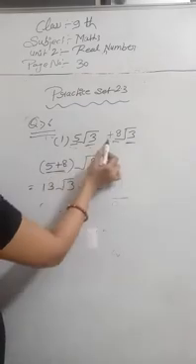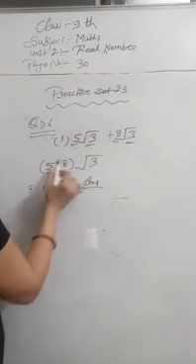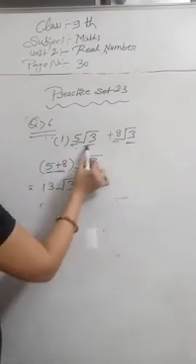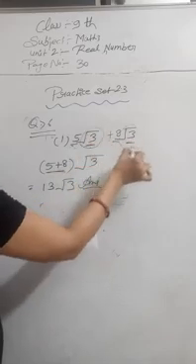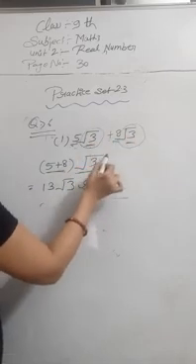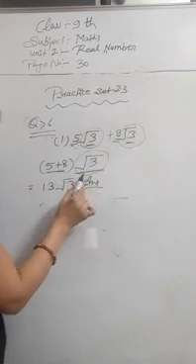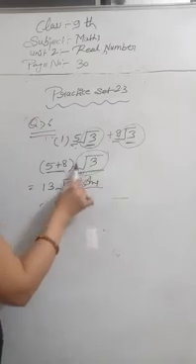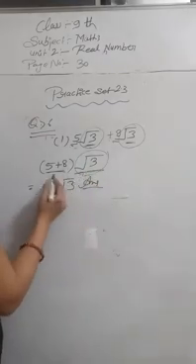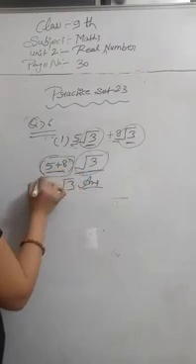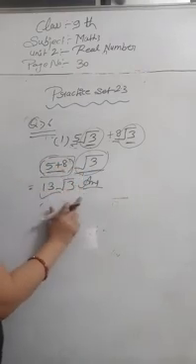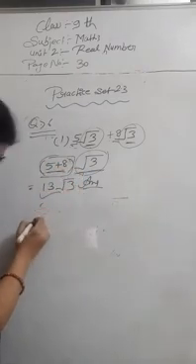Okay, first we will add these numbers 5 and 8, and root 3 is common here, so we will write root 3. And we add these numbers and we get 13 root 3. Now we will do our